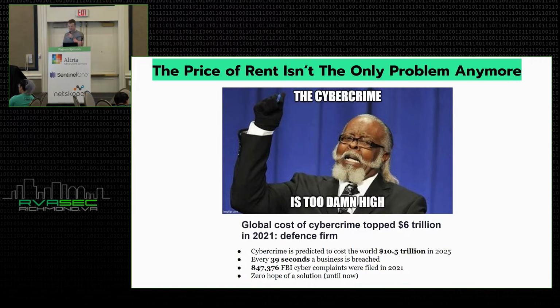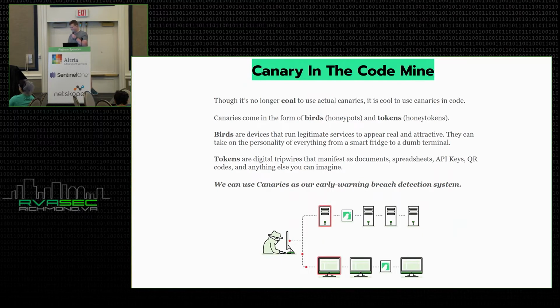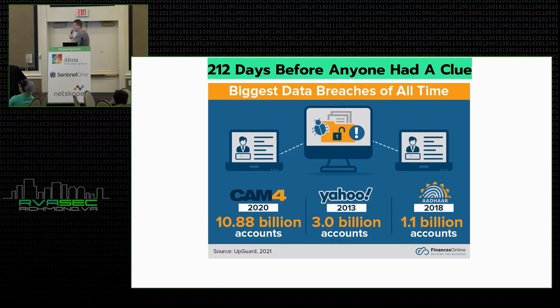Just as an assessment of last year alone, $6 trillion cost the global economy, which is wild. And by 2025, that's expected to go up to 10.5 trillion. About every 39 seconds, an organization is breached. The FBI got 847,000 cyber complaints. But I hope now that there's an actual opportunity for me to give you a solution on how we can stop the pain. So the average breach, based off IBM's breach report from 2021, takes about 212 days